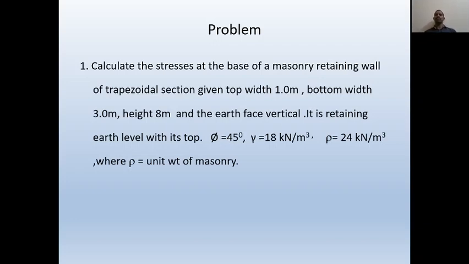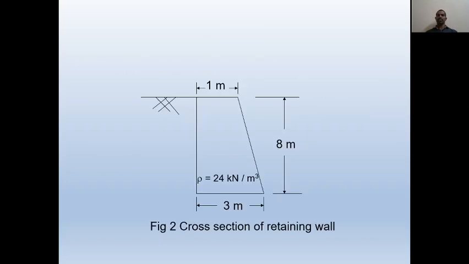So here stability is also to be checked, but details about stability, like angle of internal friction or allowable compressive stress, are not given. When it is asked, the details are to be given; otherwise also you can check one or two conditions. Overturning you can check, and the formation of tensile stresses you can check, right? For this particular problem we are not bothered about stability, but only required to calculate the stresses at the base of the retaining wall, right?